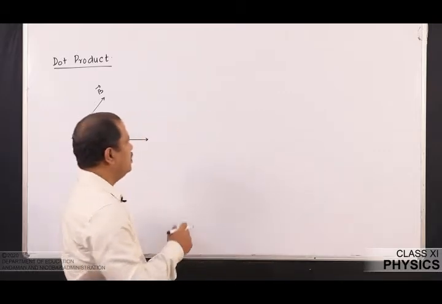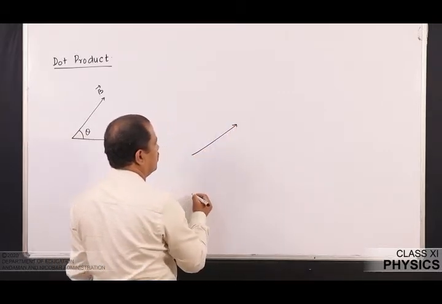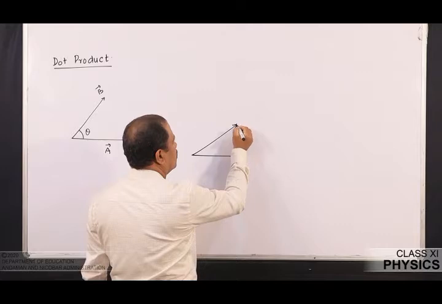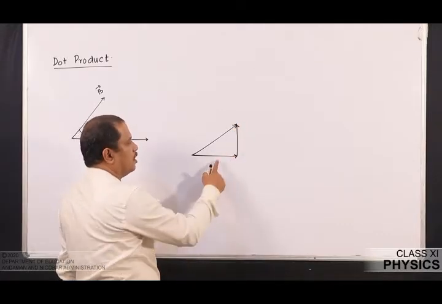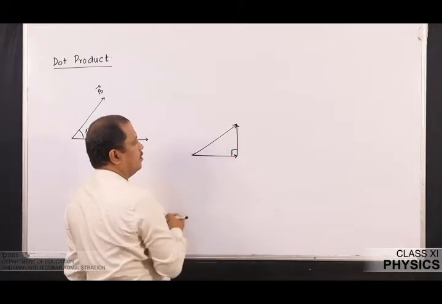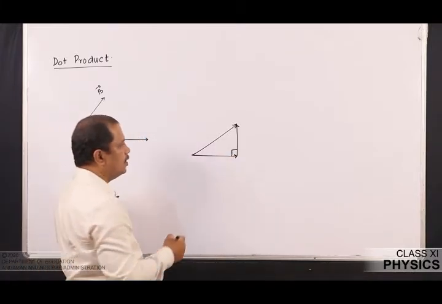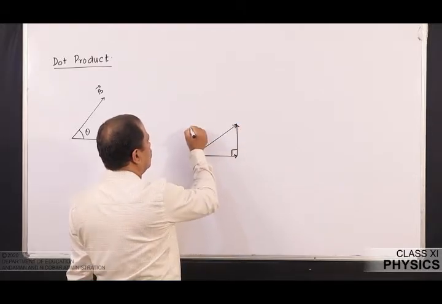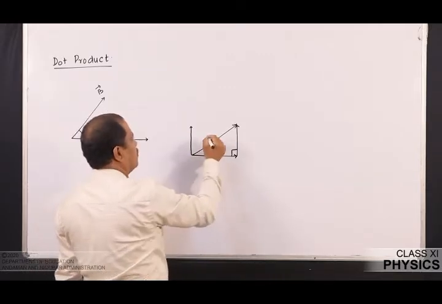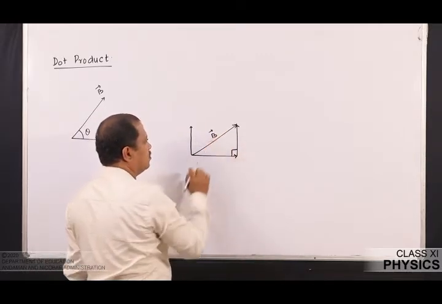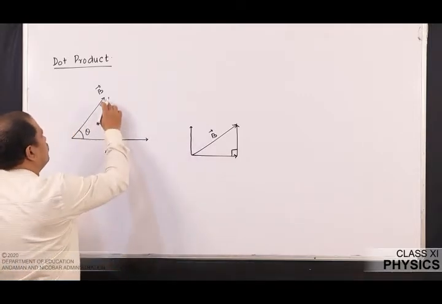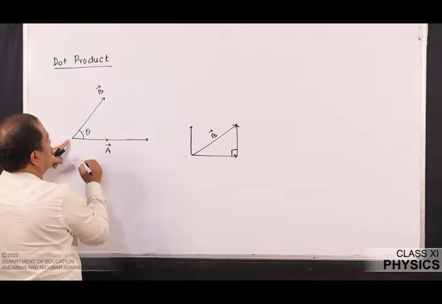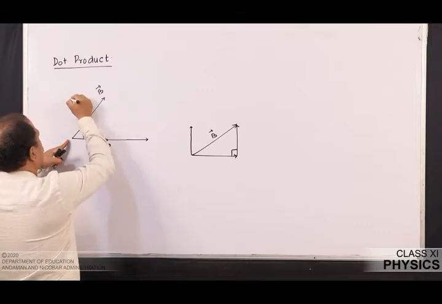Also, we studied in the last class that if I have a vector, I can resolve it into two components, and predominantly we are interested in components that are perpendicular to one another. So this will be a rectangular resolution. Also, I said that this vector can be drawn here, or otherwise I can draw it here. Similarly, I am going to consider my vector B here and resolve B into two components. One component will be along this and the other component is going to be here. I am going to draw that component here.